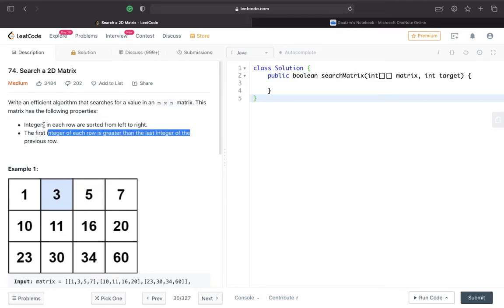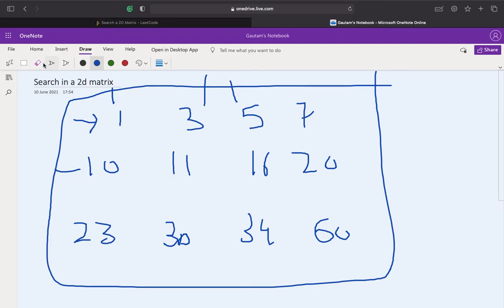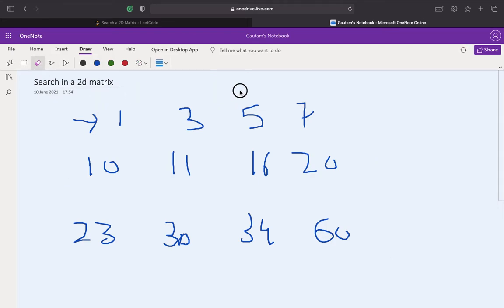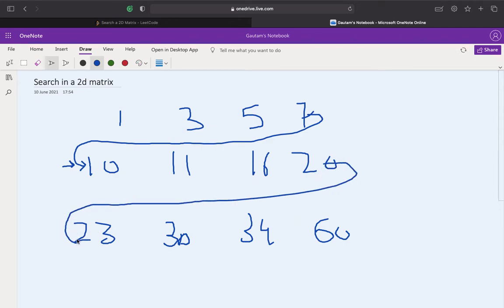So what this second point means, the first integer of each row is greater than the last element of the previous row. So this element will be greater than this, and this element will be greater than this. So this essentially means that elements are also sorted column wise, right?